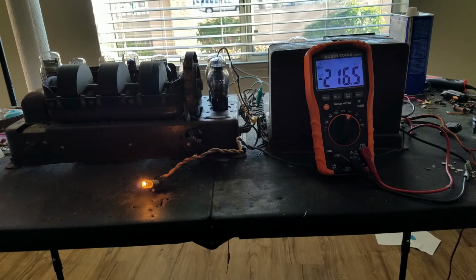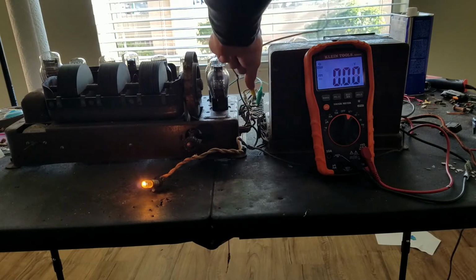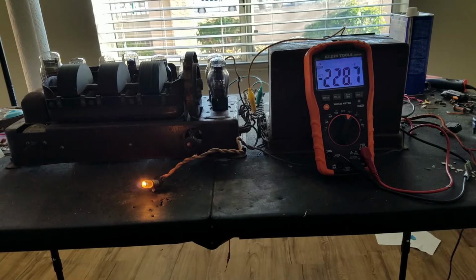So we're at 215, 216 there. What about right here? Here we are, oh, it's even higher, 228. I'm surprised by that actually. Thought that would be a little bit lower than the other B plus, but